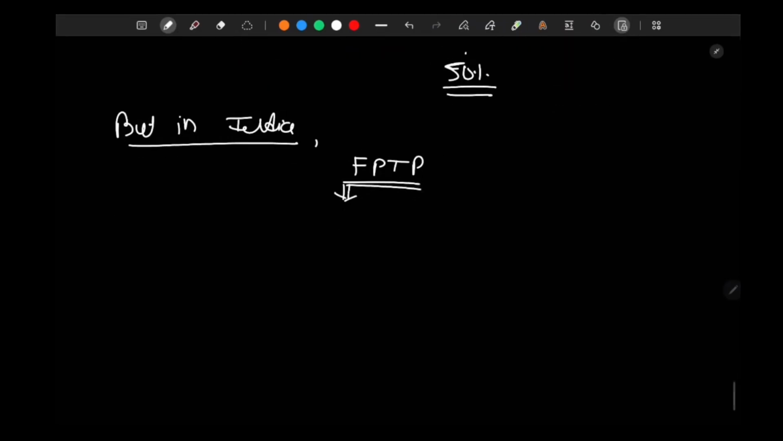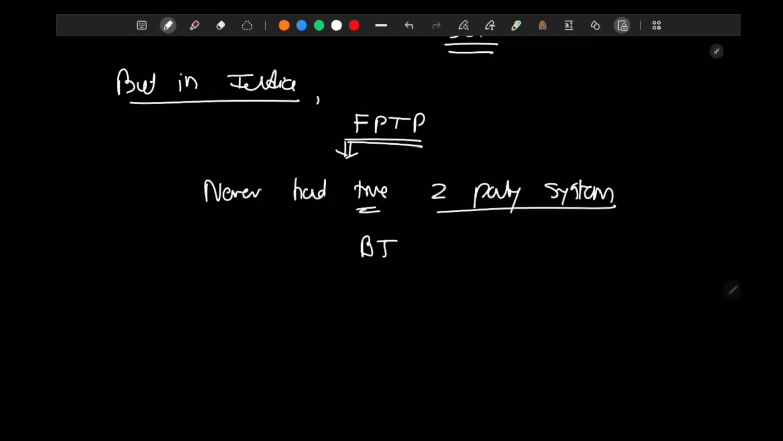But Indian politics never had a true two-party system, right? We can categorize the Indian party system as not a true two-party system. Why? Because BJP is a nationwide dominant party, INC is a nationwide dominant party,